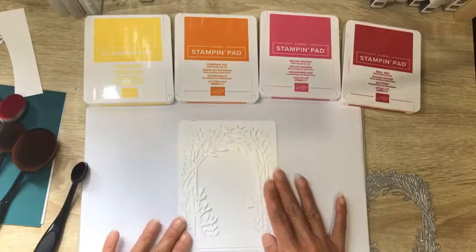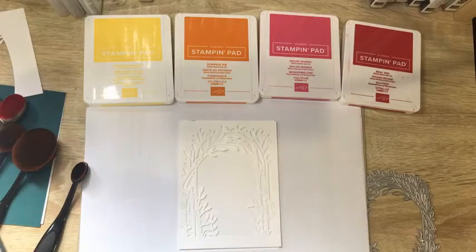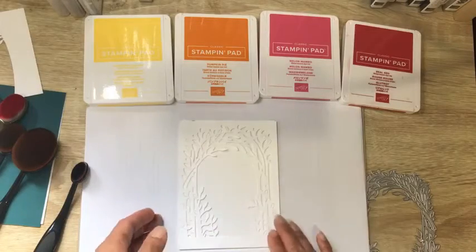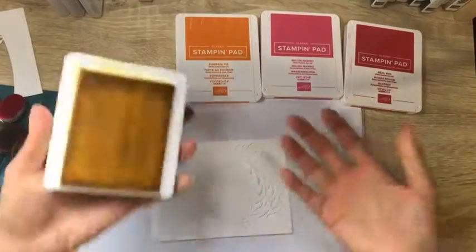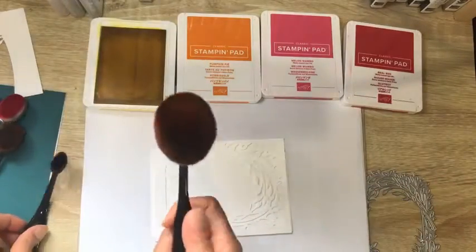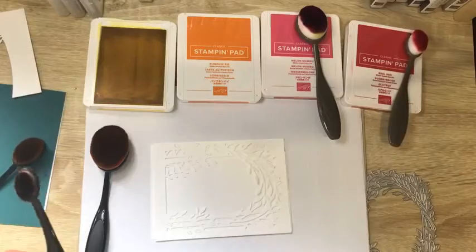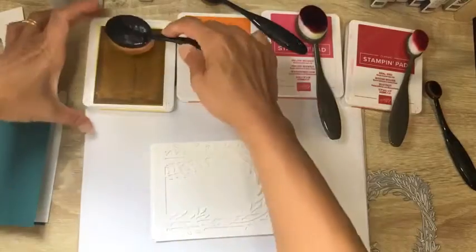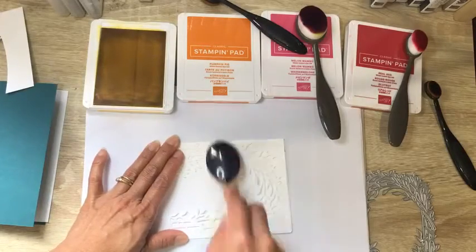So what I want to do for this is, what do I do with this? Yeah, so I'm just going to blend it, and I'm going to turn this around like that, because it's easier for me to do it that way. So I'm just keeping the brush to its individual colour. So this is the yellow one, this is the pink one, this is the red one, this is the dark one, black, and then this is the pumpkin pie. So I'm just going to get some